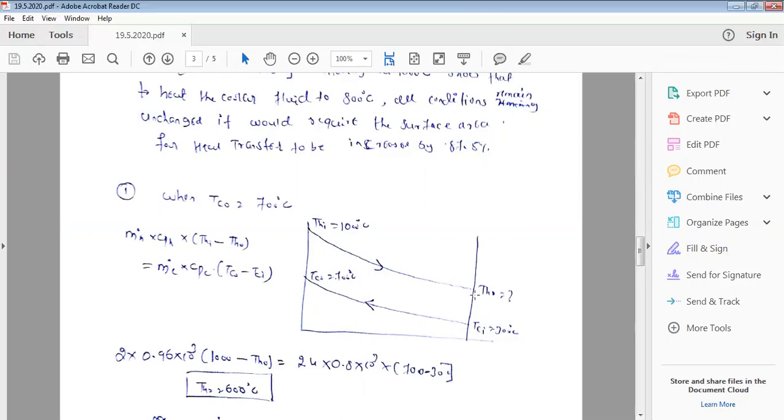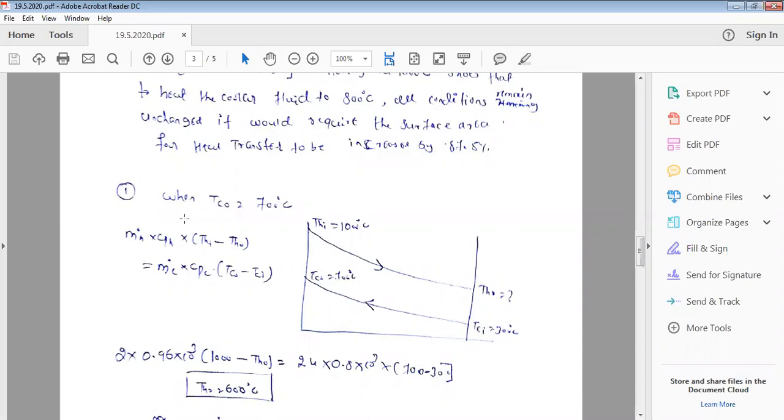Here the temperature is more. Here the temperature is less, and the cold water inlet is here, because it is entering from the opposite side. That's why the point is very near to the axis here, and here it has gained sufficient temperature, from 300 degrees Celsius to 700 degrees Celsius. The exit temperature of water is 700 degrees Celsius. That is case one.